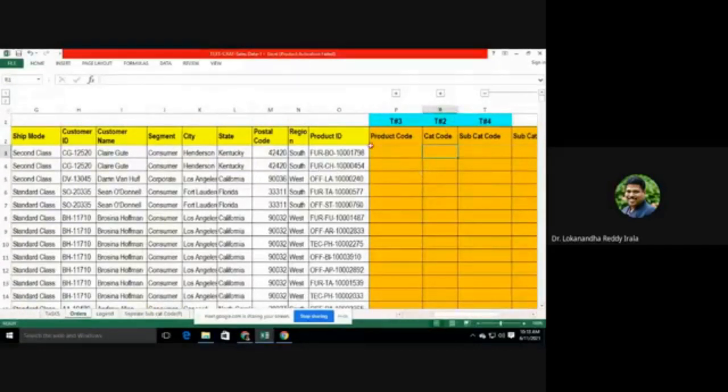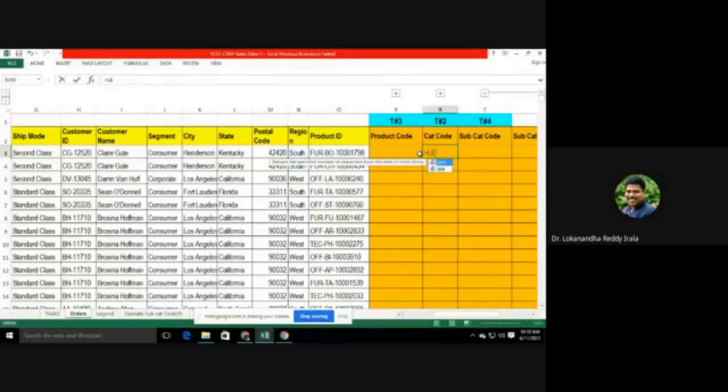Category code. So where you see the product ID, again you have the category mentioned at the very beginning of the product ID. So now instead of 2 characters, we need 3 characters from left.